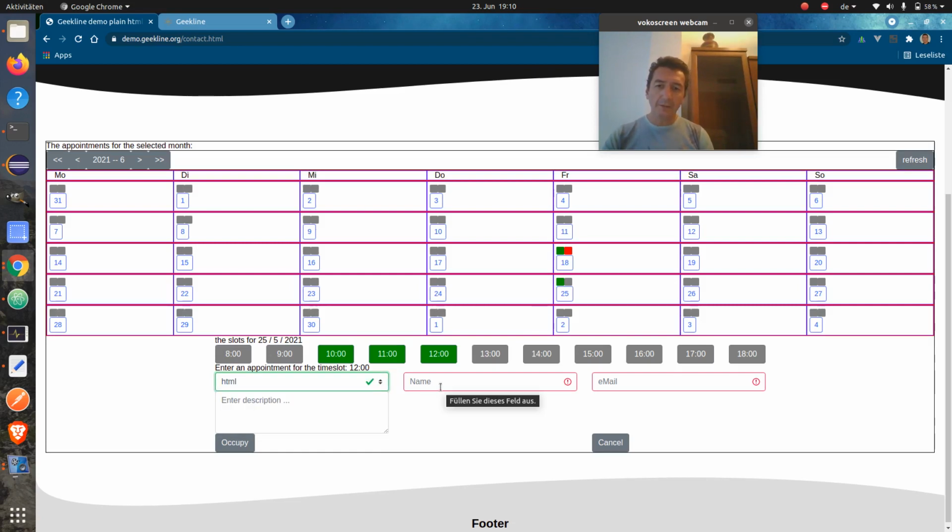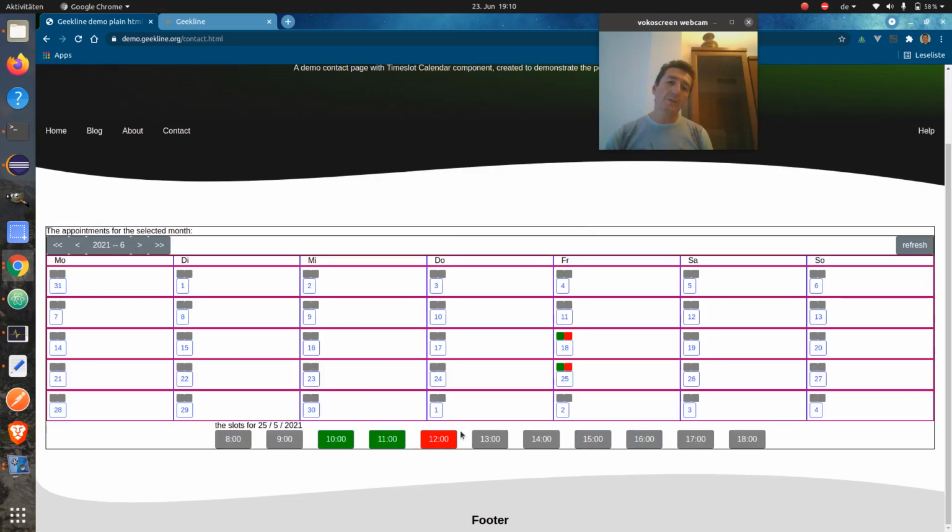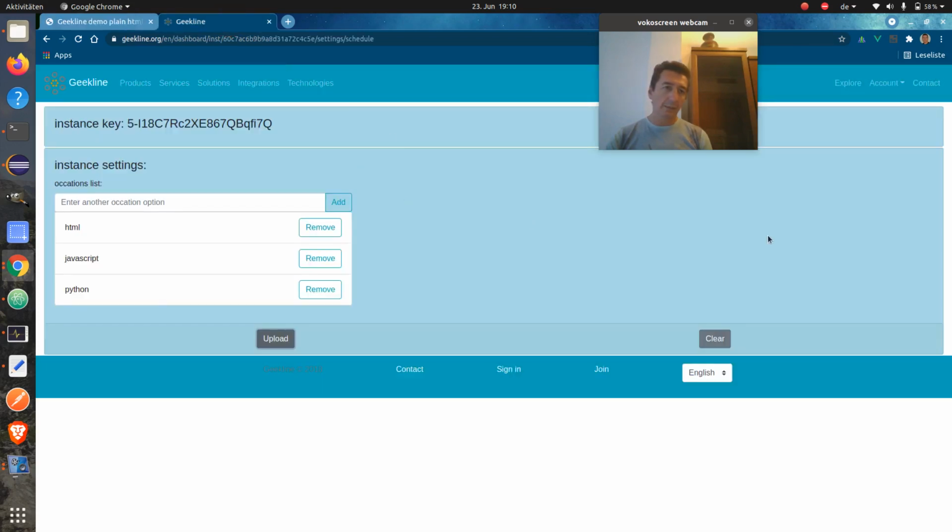Let's say HTML, let's write some name and some email, write my private email address, and of course you can put some description, something like this. So when you hit the occupy, as you can see, the field gets occupied, and if you go to the dashboard also,